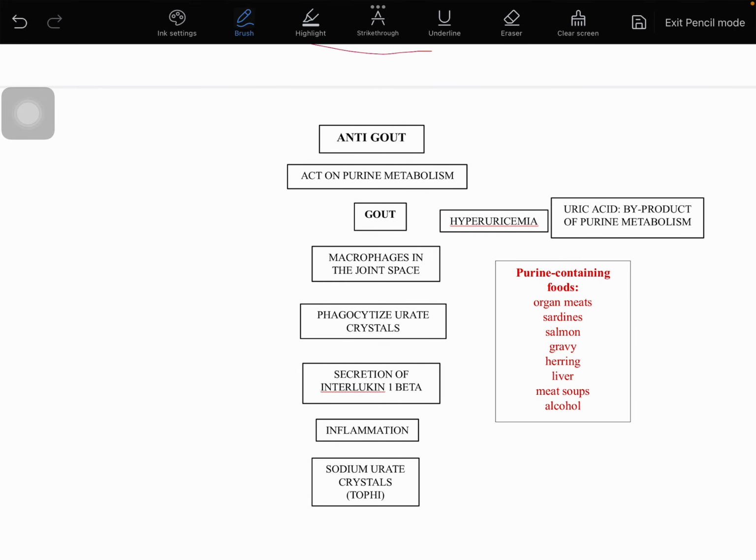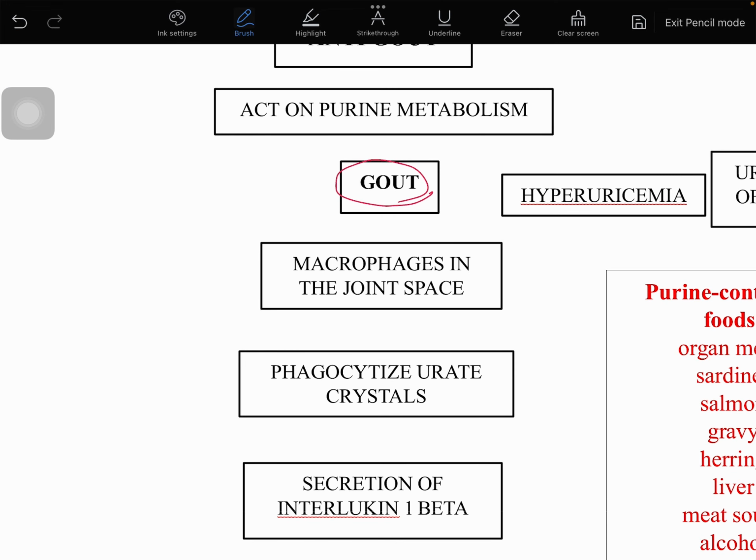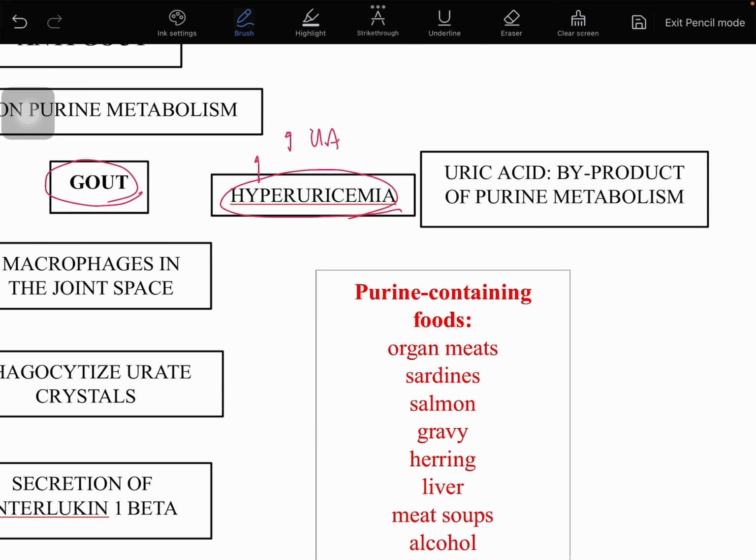Okay, pag sinabi kasi natin gout, that is actually an inflammatory disease of your joints, no? And other tendons or other tissues of our body. What is usually the reason kung bakit tayo nagkakagout? Okay, in the first place, meron tayong tatlong klase ng arthritis natin. We have your osteoarthritis, we have your rheumatoid arthritis, and of course, we also have your gouty arthritis. Ngayon, ang number one culprit or ang number one cause or etiology kung bakit ka nagkakaroon ng gouty arthritis, it's because of your hyperuricemia. Ibig sabihin ng hyperuricemia, masyadong mataas ang uric acid serum level in our body. Yan po ang ibig sabihin ng hyperuricemia natin.